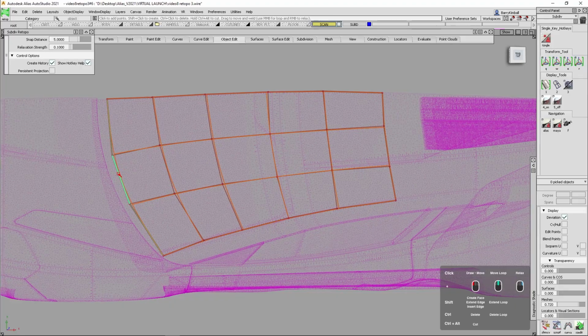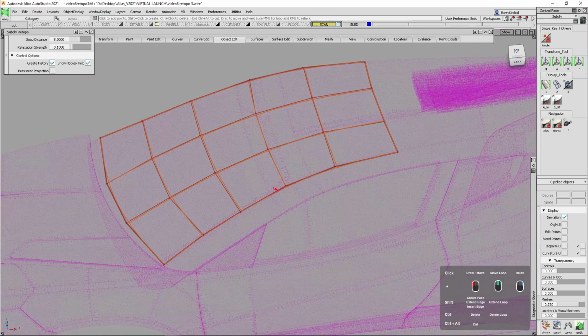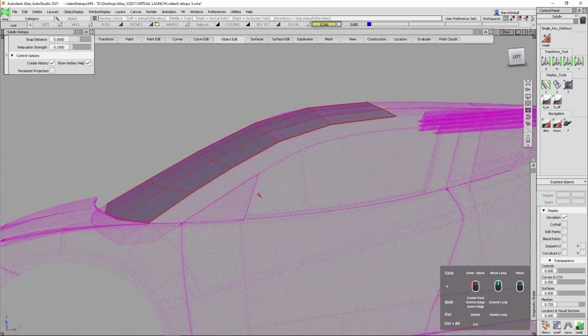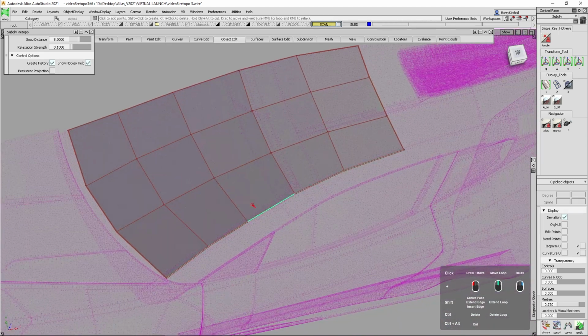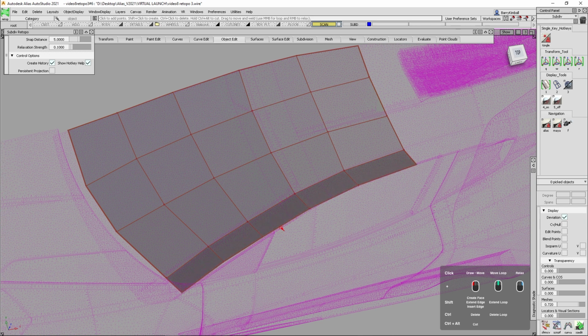So when the software looks at two edges and it finds an acute or an obtuse angle, and then maybe another angle, all it's going to be doing is trying to relax those and make them 90 degrees, okay? It's a pretty simple approach, but it's quite effective in smoothing this stuff out. So if we just hit the 1 key, we can now see that we've built that on top of there. So I'm just going to use the Shift key and middle mouse button and drag this whole thing